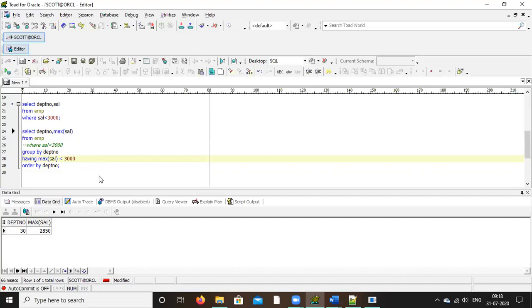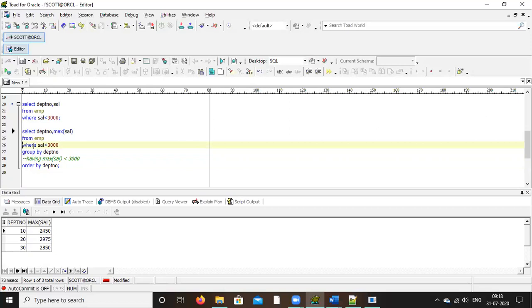Now do one thing. Comment the having. Uncomment the where. Now control enter. Now give where salary smaller than 2,000 and having maximum salary smaller than 2,500.